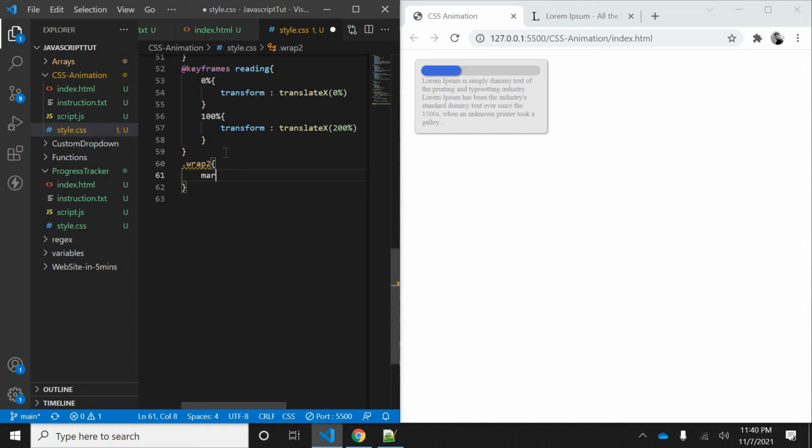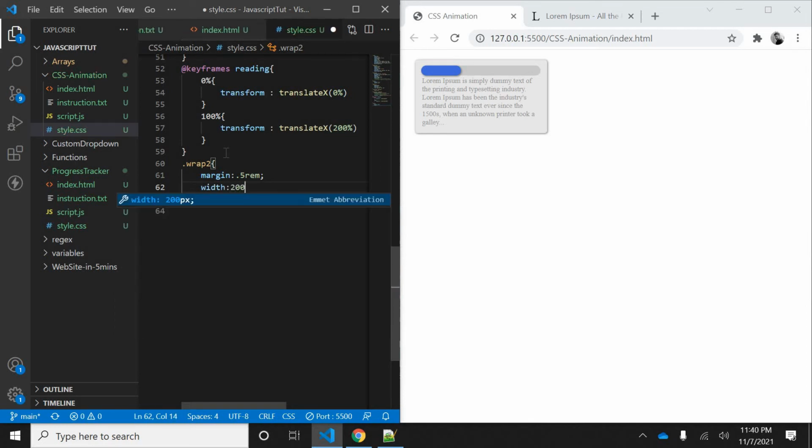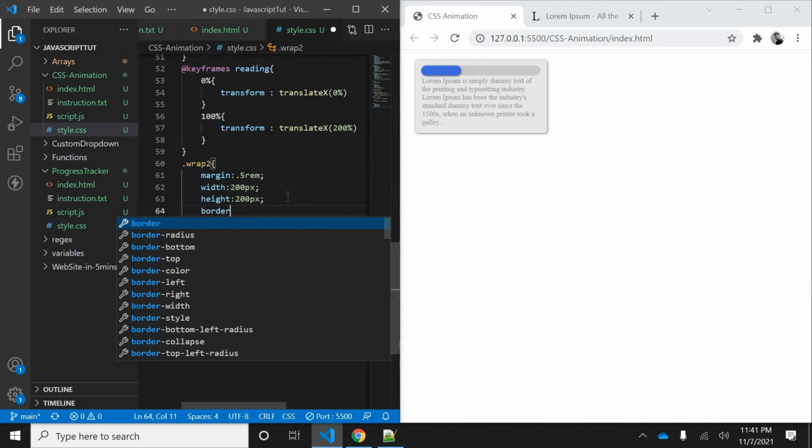So let's say margin 0.5 rem. Now width, let's give 200 pixel. Let's give height also 200 pixel. Border